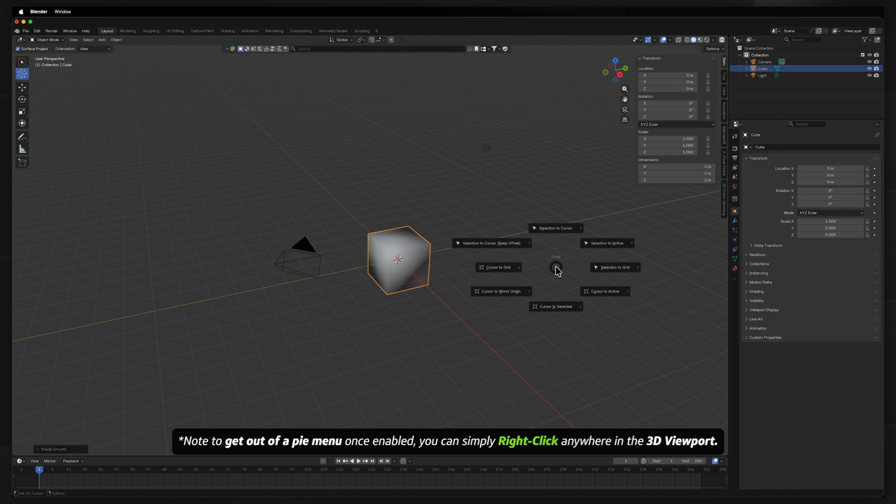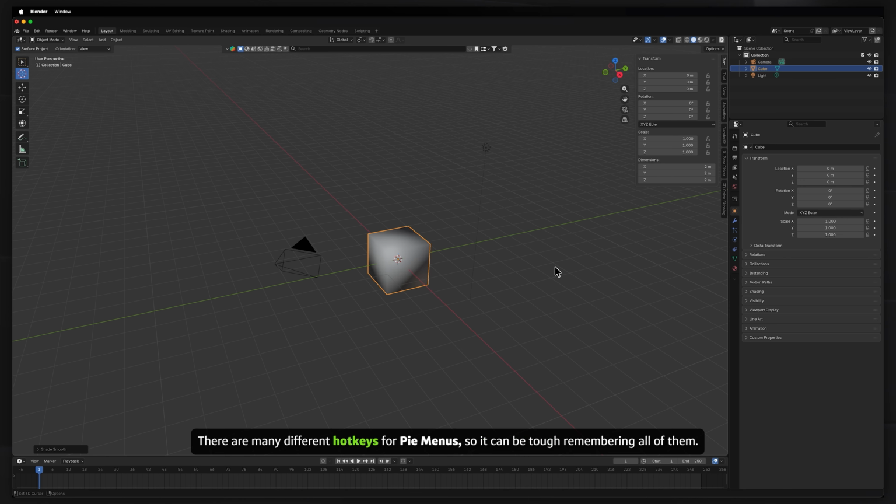Note, to get out of a pie menu once enabled, you can simply right-click anywhere in the 3D viewport. There are many different hotkeys for pie menus, so it can be tough remembering all of them. However, there are also many different ways to enable the same command. You will find what is most comfortable for you through repetition. If you need to pull up the Help menu or do a quick Google search for a hotkey you can't remember, just know that I still do the same all the time, and I've been using this software for quite